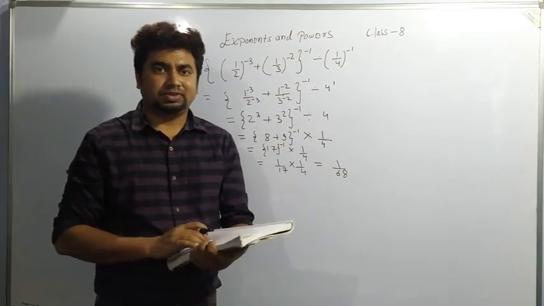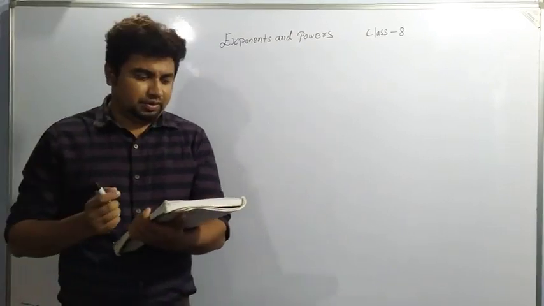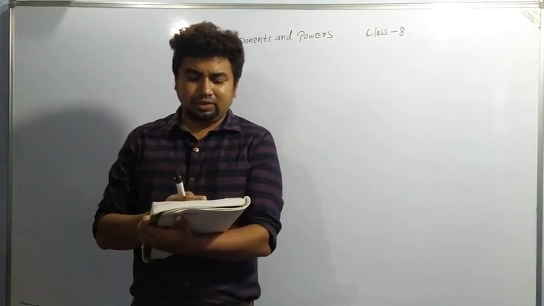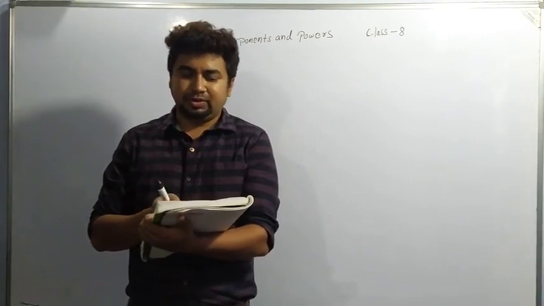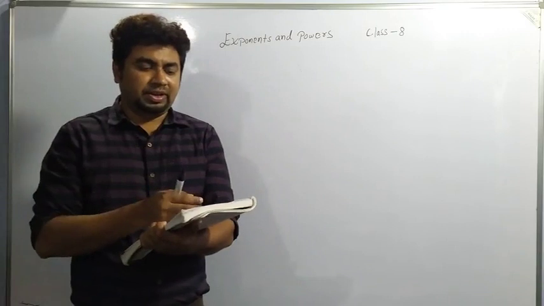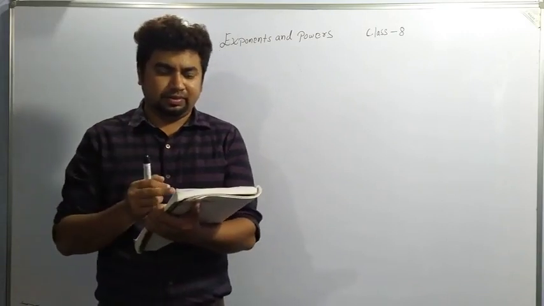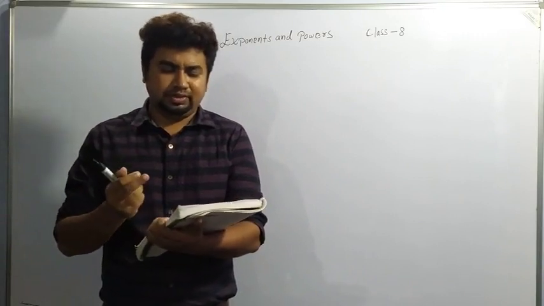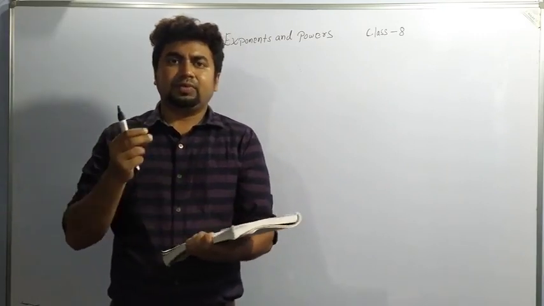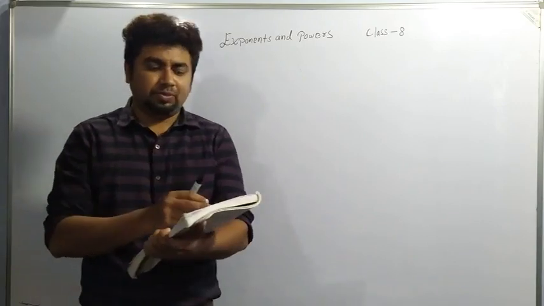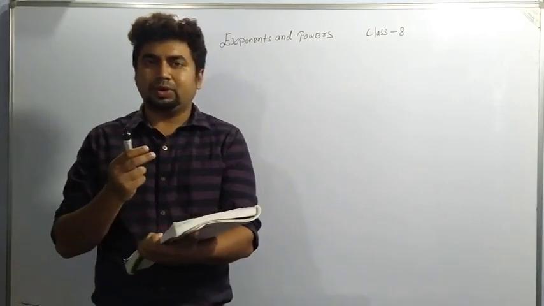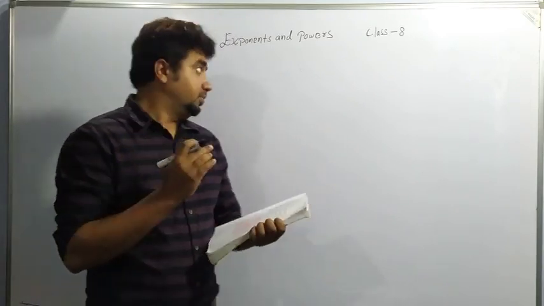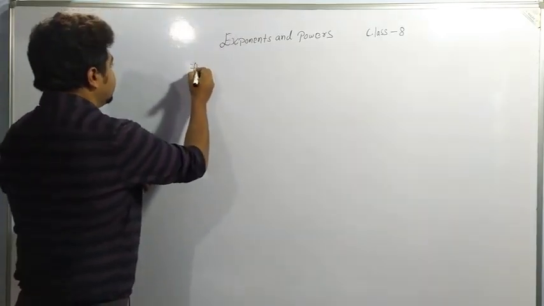We'll go to question number 7, bit 1. Okay, 7 bit 1 means 7 bit A. By what number should minus 3 by 4 be multiplied? Means we have to multiply minus 3 by 4 with a number so that the product becomes minus 2 by 3 to power minus 1. So we take that number as x, since in the question it is given by what number.